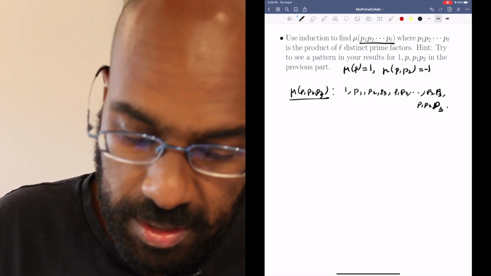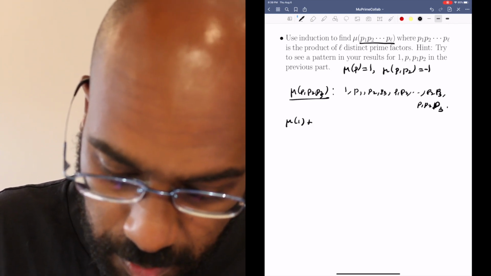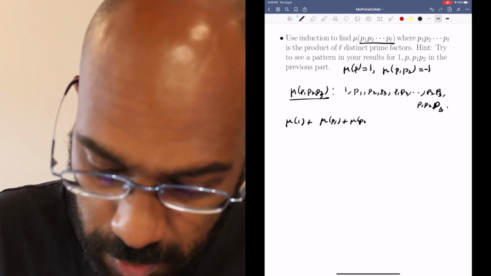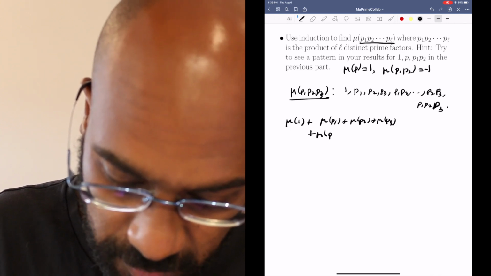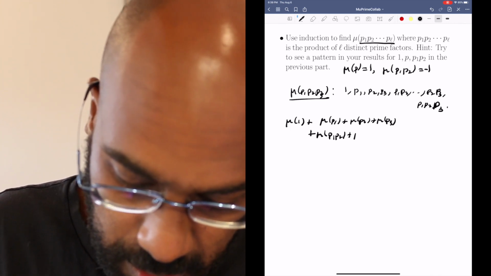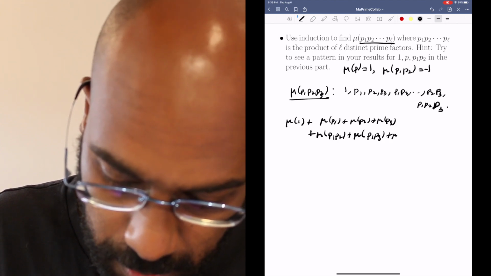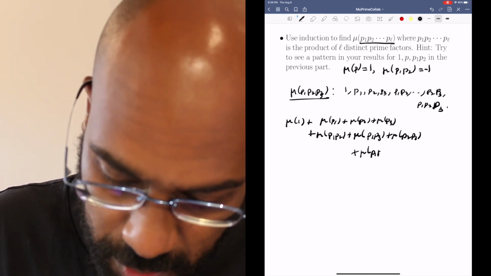Okay, so according to the information we have, mu of 1 plus mu of P1 plus mu of P2 plus mu of P3, and then plus mu of these products of pairs of primes, there's 3 of those, and then plus mu of the product of all 3 primes